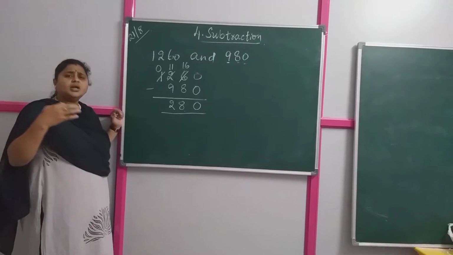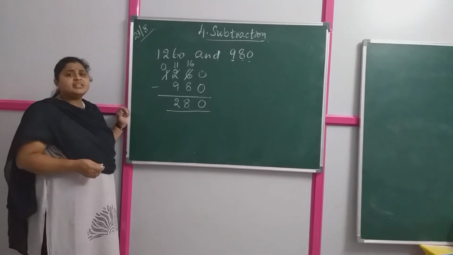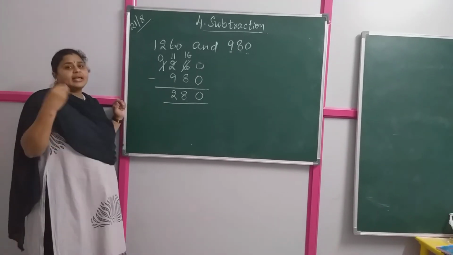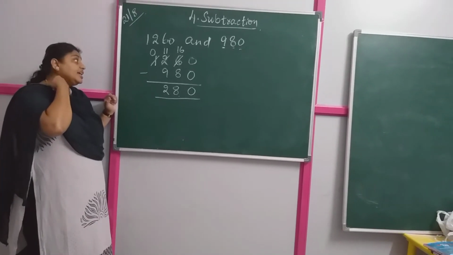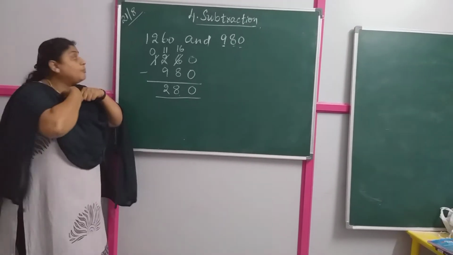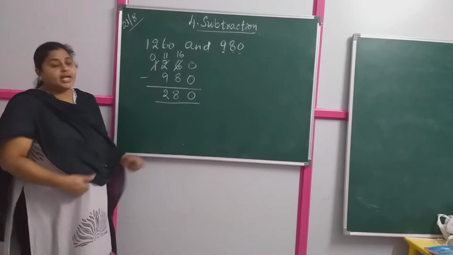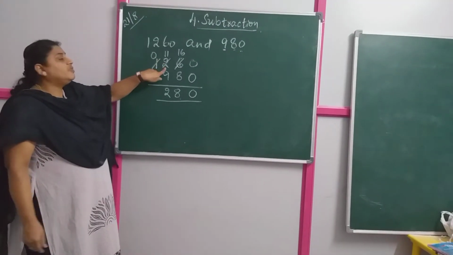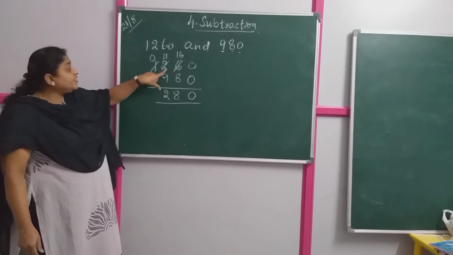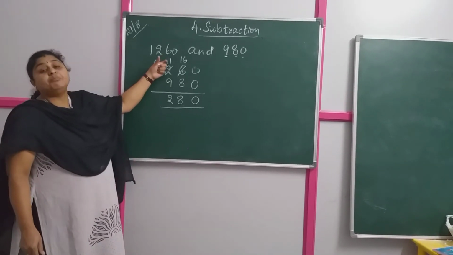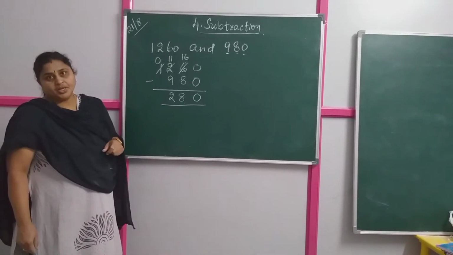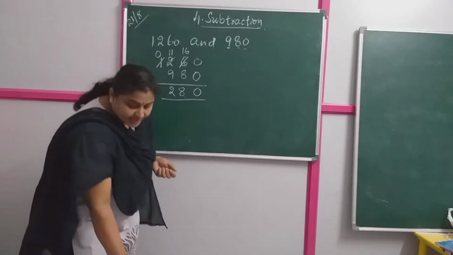Hope you recollected the borrowing concept, children. After a long time, right? Addition is very easy. Simply we add it, we carry over. But you need to be very careful when you are borrowing from the previous number. Whenever you take a borrow, the previous number changes to its before number. Got it, children?